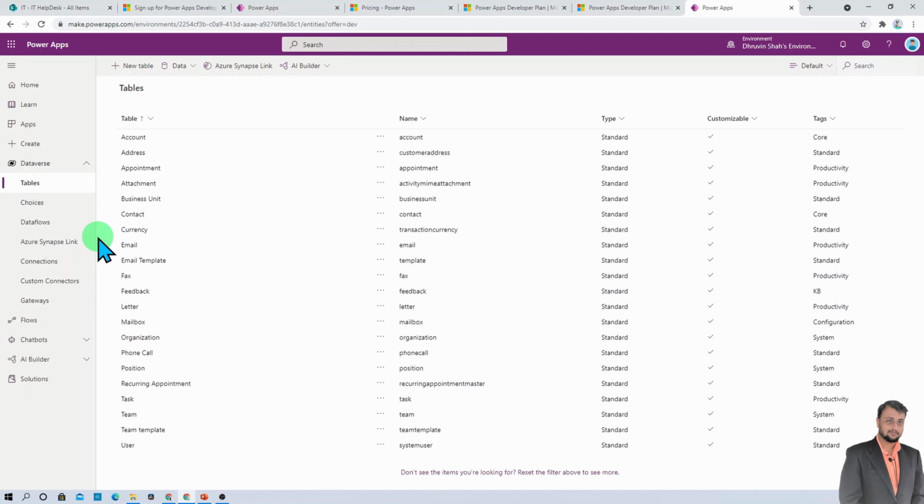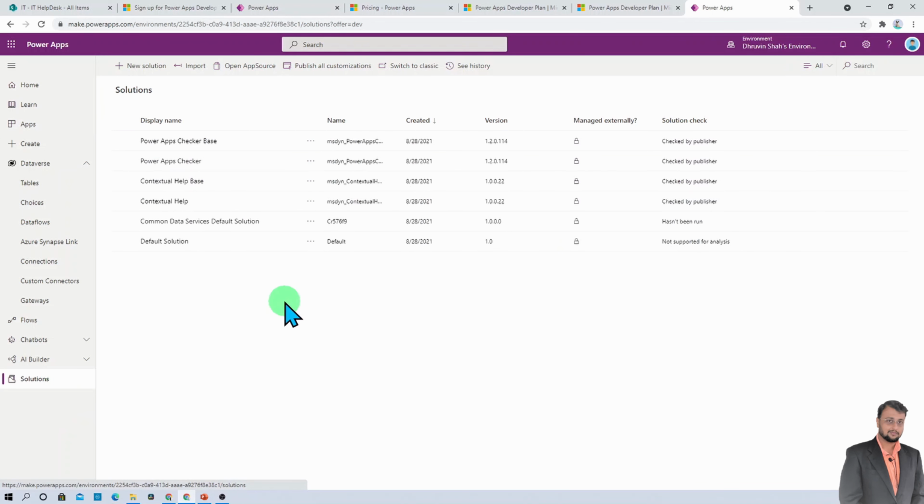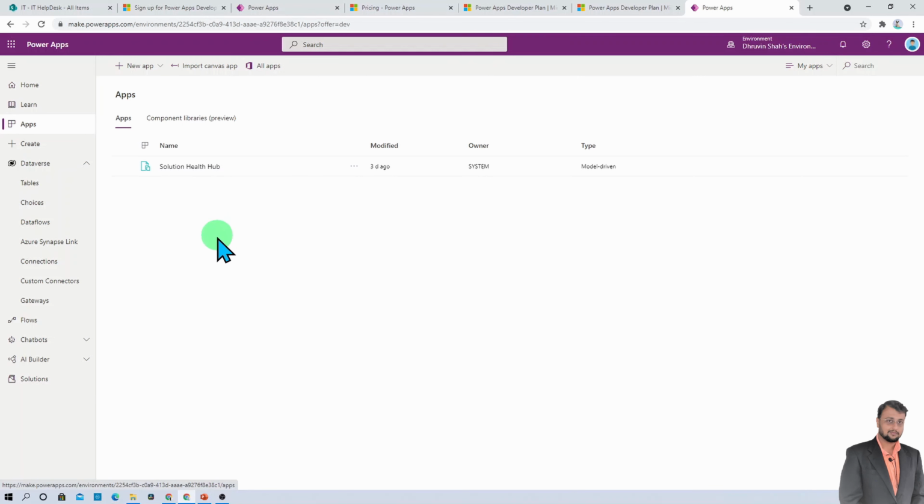Now let me talk about some important limitations for this developer plan. Let's say you are developing some Power Apps and you want to share that with other users from the same tenant. With this developer plan you are not able to do that. However, you can build your application in a solution and share the solution with others. That is one thing that you can do. Also you can import and export your canvas app. So after developing, you can move that to another environment by the exporting and importing procedure.